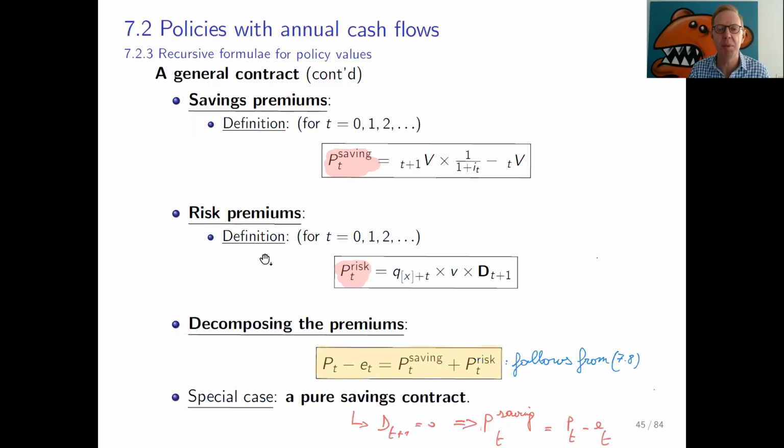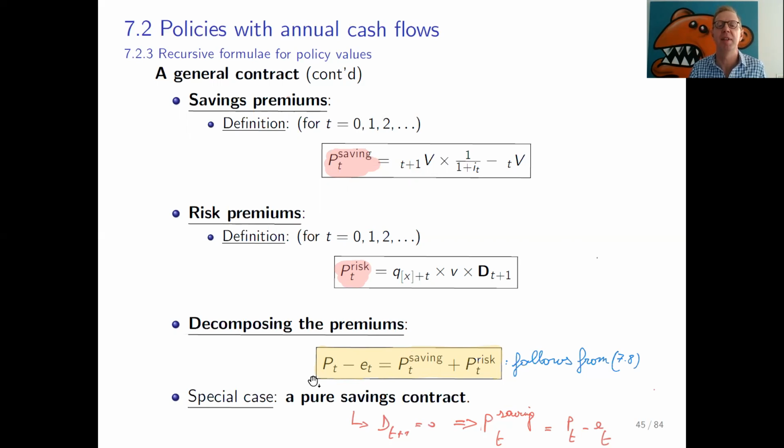What is then a risk premium? The risk premium is the cost of a one-year term insurance that pays you dt plus 1 at the end of the year. So the cost of this one-year term insurance that pays dt plus 1 is q x plus t multiplied by v multiplied by dt plus 1. If we then look at